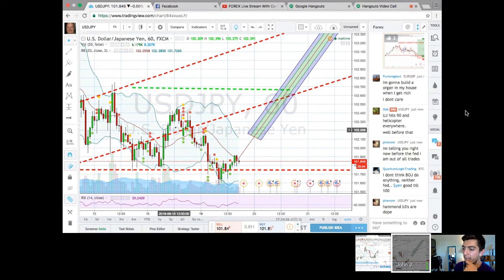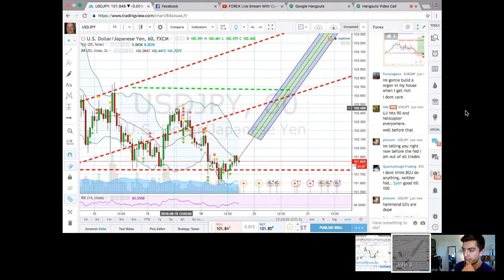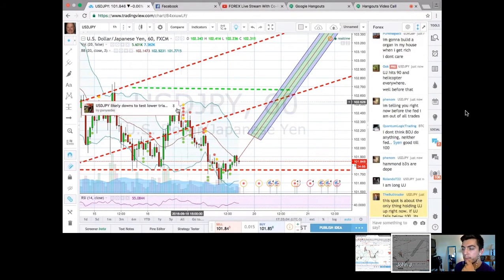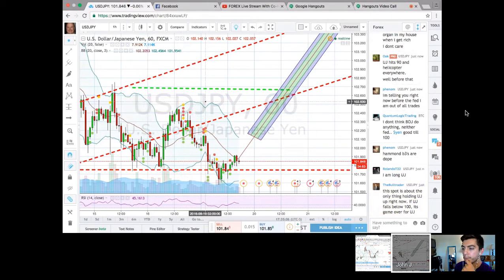See, like right here, it started to do what I wanted it to. It went down, so I'm like, okay, it's probably retesting, and it started coming back up, and then the market closed right here, right at the tip. And as soon as they opened, it started going up a little bit more, and then it started crashing on me, which was kind of a bummer. But man, that's far away too. Yeah, it is far away.